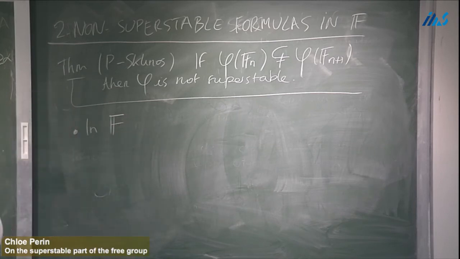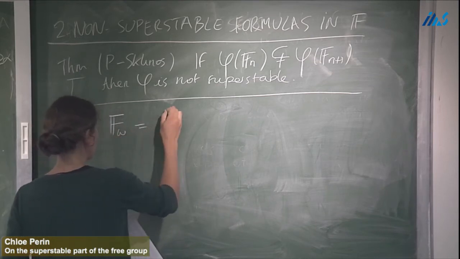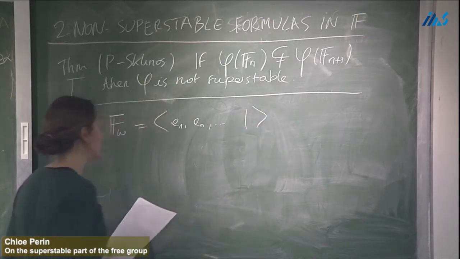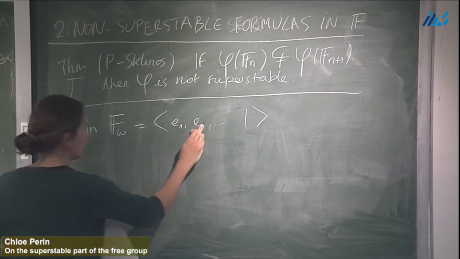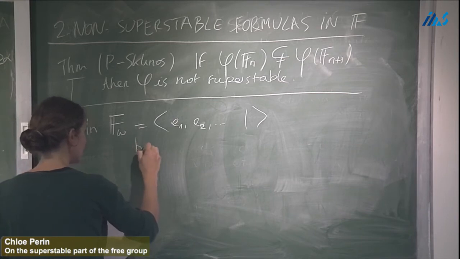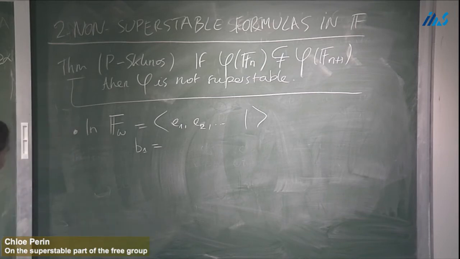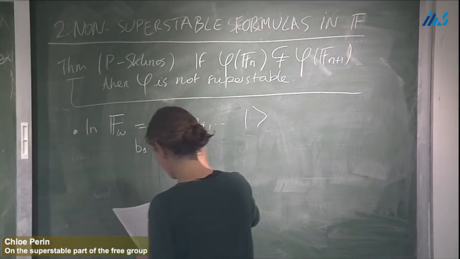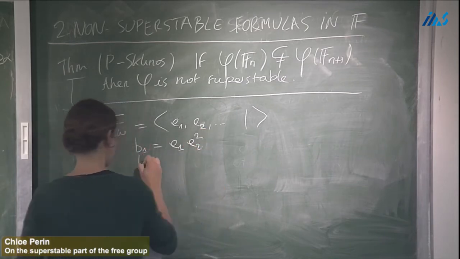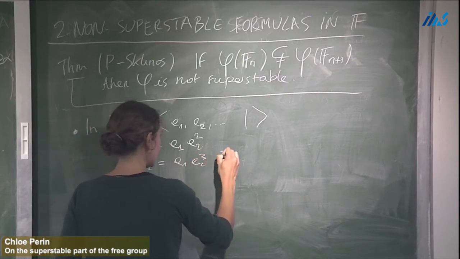So think about F omega. It's just a countable rank free group, infinitely generated by E1, E2, and so on. So let me define some sequence of elements. It's a very hands-on proof, and I would like to understand better what's going on geometrically, but it works. So the first element is E1, E2 squared, and then you take E1, E2 cubed, E3 squared, and